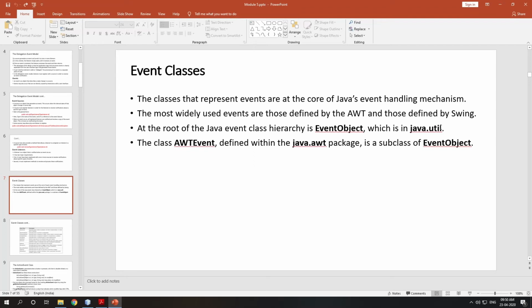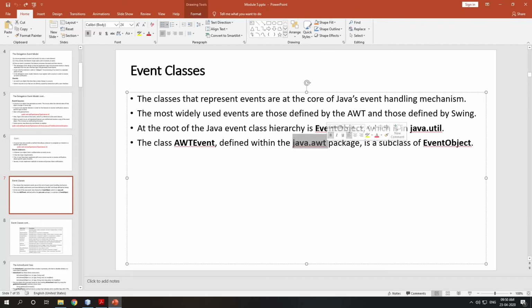Okay, then AWTEvent, which is defined within the AWT package, is a subclass of EventObject. Okay, so have you understood? At the root we have EventObject, and one of the subclasses is AWTEvent, which resides under a package called java.awt, while EventObject resides under a package called java.util. So different packages, one is a subclass of the other. AWTEvent is a subclass of EventObject.